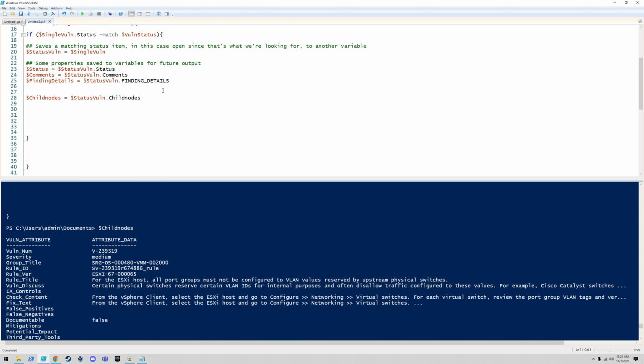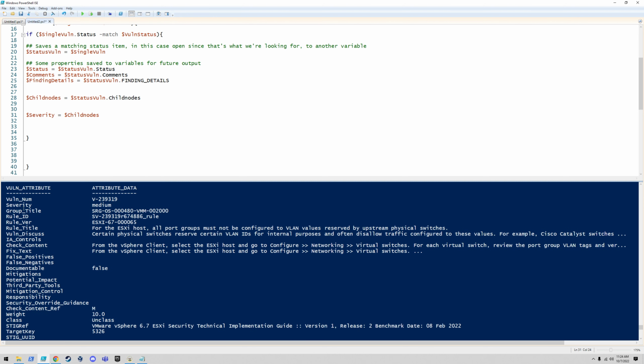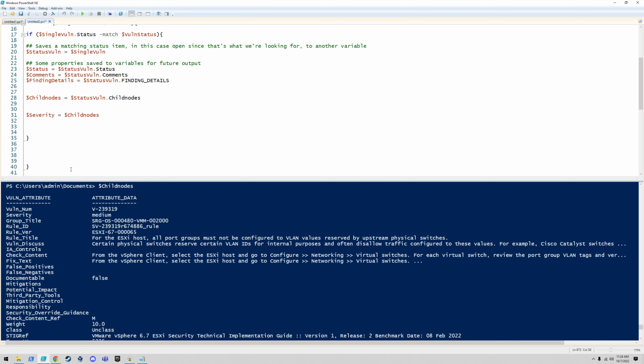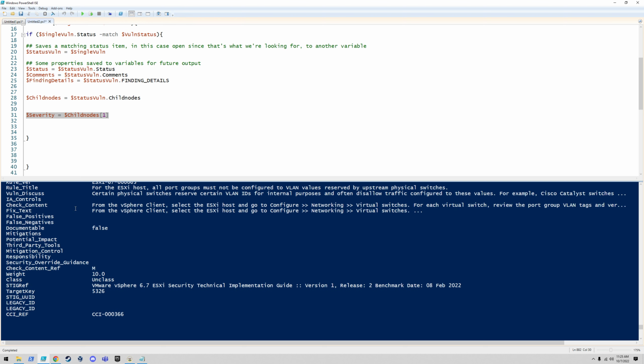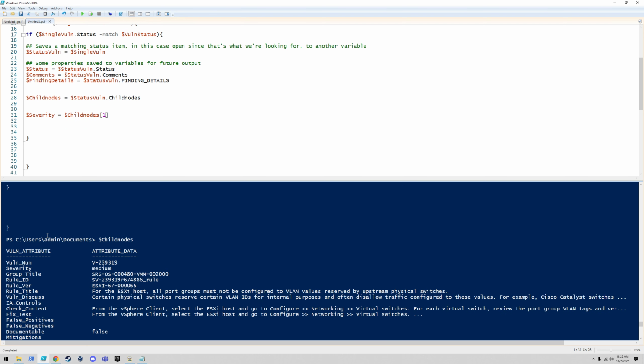Okay, so let's do severity equals. So the question is, how do we access whichever index we're looking for? For example, how would I get severity? What I like to do is, there's two ways to do it. For example, I would access it this way. Let's see if that works. Boom, we got severity. So the reason I did this is because it's the second